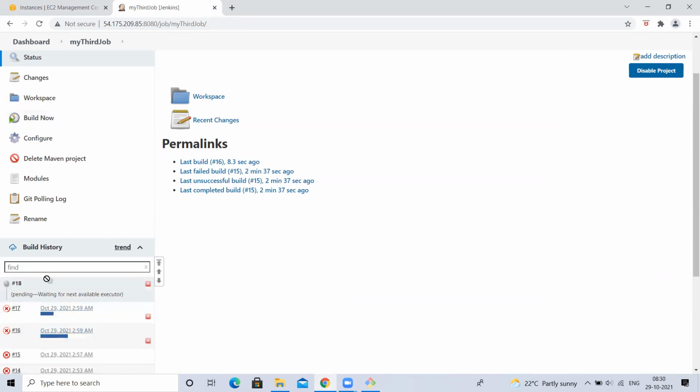Leave this 18; why it is not executing, I'll tell later. Now, have you observed this? 2 things executing parallelly now, 16 and 17. Yes or no? Earlier, if one was executing, the other was not executing. The other was in a waiting state. But now 2 jobs are executing parallelly. Why the third one is not executing, we'll discuss later. But for now, have you understood that parallel execution is possible, right?